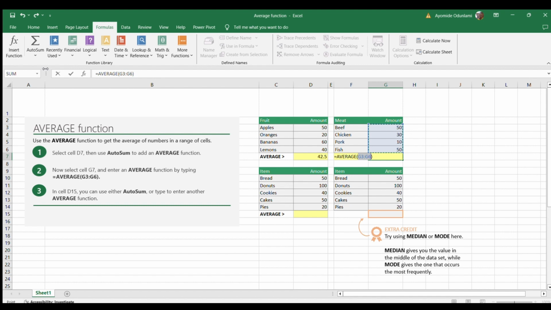It is an automatic function in Excel. So all I need to do here is to press enter. As you can see, our average sales total for meat items is 35. Now that is all to do. A very simple way to